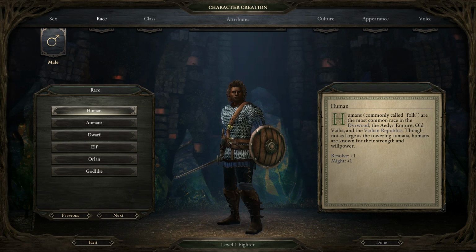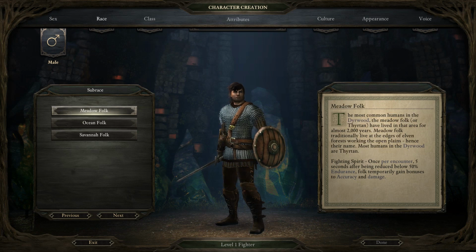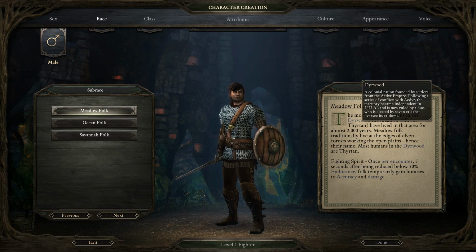Let's just take middle of the road. We're going to take a human. That seems like the easiest setup for a newcomer. Now we have some sub-races. We have the meadow folk, most common humans in the Deerwood, a colonial nation founded by settlers from the Ader Empire. Following a series of conflicts with Ader, Terra became independent in 2672 AE. I'm assuming after Imperial. And is now ruled by a duke who is elected by 7 earls that oversee its